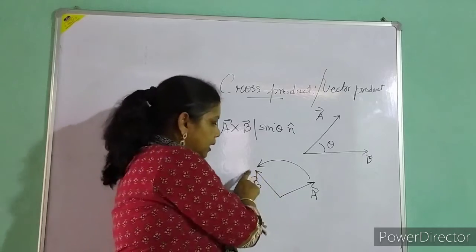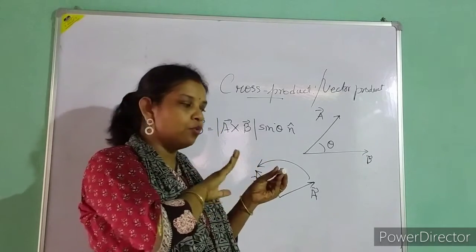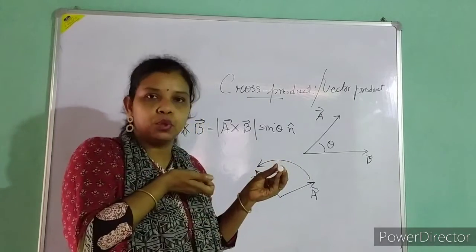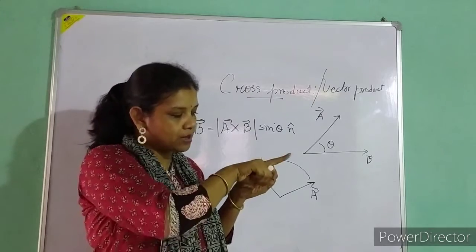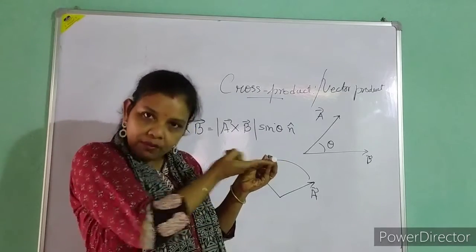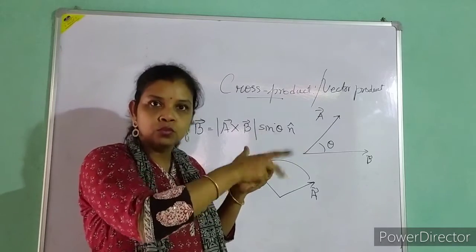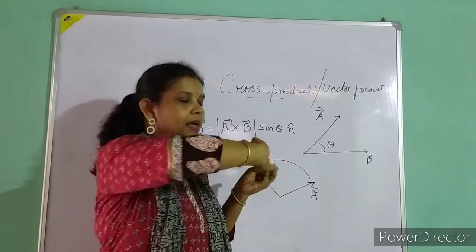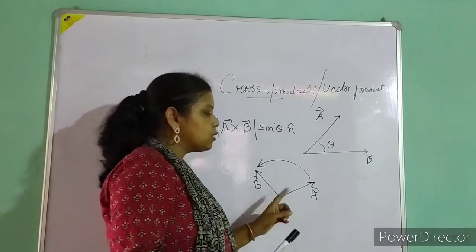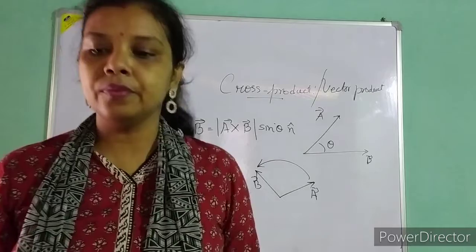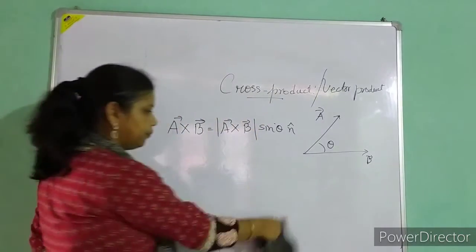That means here when I apply a force, with one force I am moving it up, another force I am pulling it towards my side. Meaning if I want to move clockwise, I have to give a force here upward and downward I have to give a force towards me. So two forces are acting on a body. I am rotating it, so what will happen? It will go into the paper or not? So that is what I can say is the direction of the vector product.